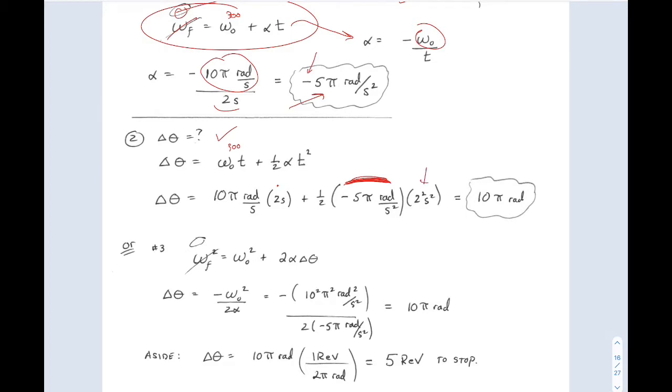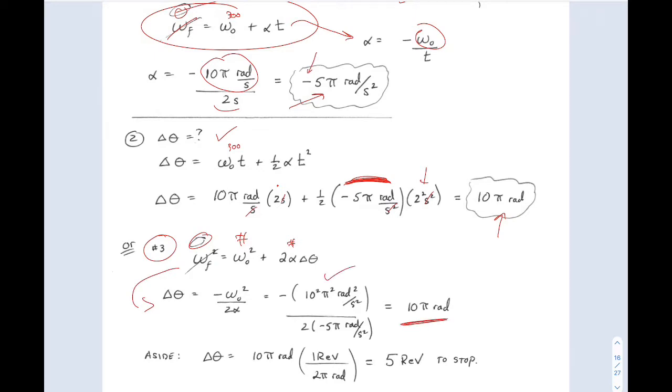And there's my alpha. Okay, so those s's cancel, and I wind up with 10 pi radians. Okay, so that's my angular displacement while this thing is coming to a stop. Now, I could have used equation number 3, because omega final is 0, I know omega initial is a number, and I know alpha is a number. So I solved this for delta theta, put in my omega initial, and I wind up with the same